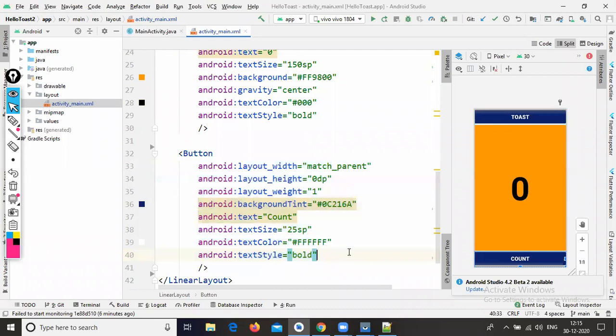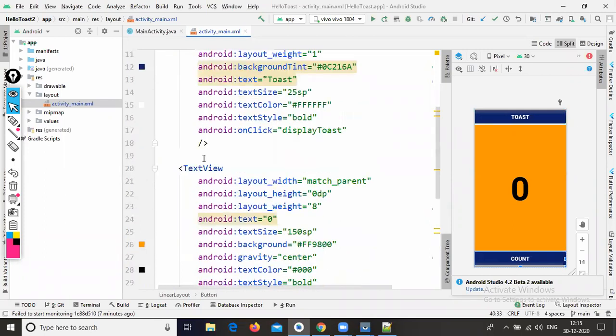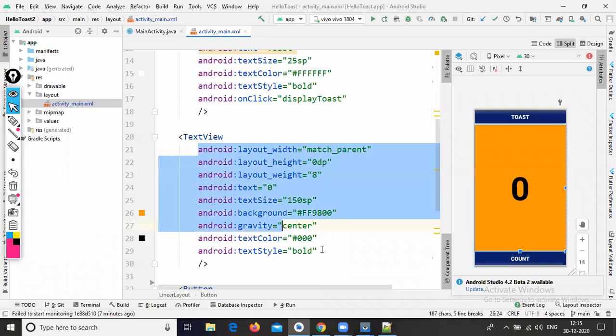You didn't implement any ID here. The same applies to the remaining components, the button and text view. As of now we didn't implement any ID. If you want to implement the on-click listener by using Java, you need to configure the ID first, so you need to mention your ID in our XML file.